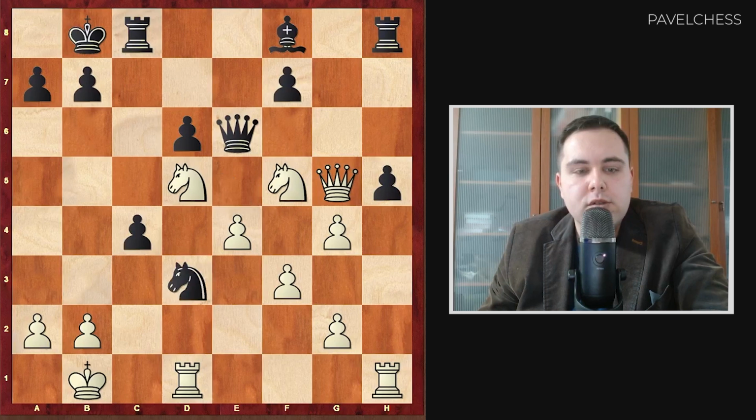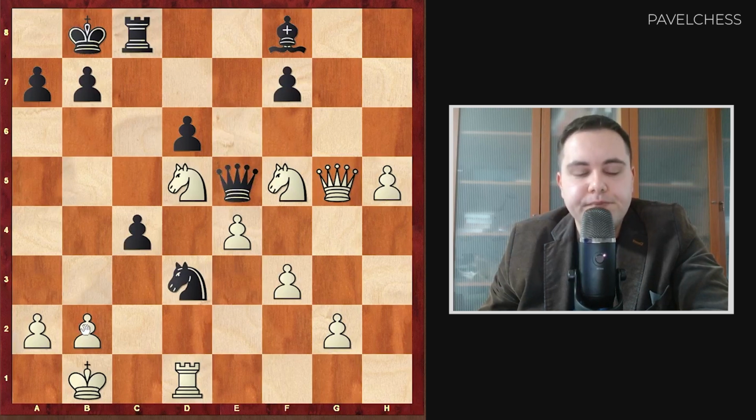So black wants to create some counterplay, trying to attack the b pawn. Here, takes on h5, takes. So the position is transformed completely, because right now white has an extra pawn. Several moves ago, black had the extra pawn, so it's interesting. Queen a5, trying to create some counterplay. Queen f6 was also possible, trying to exchange into a better endgame, but white played queen d2,